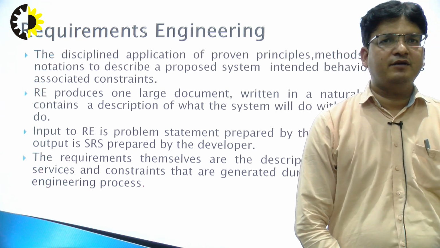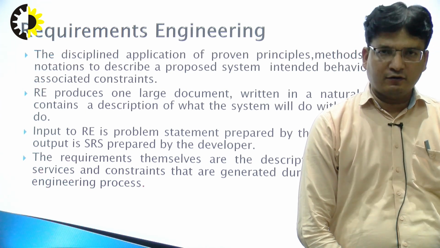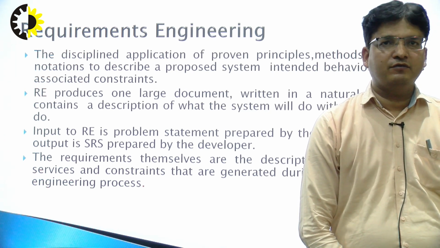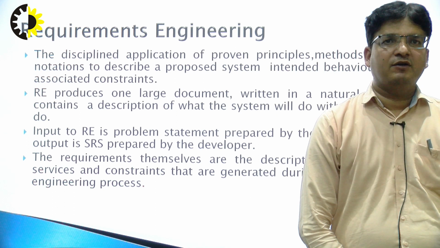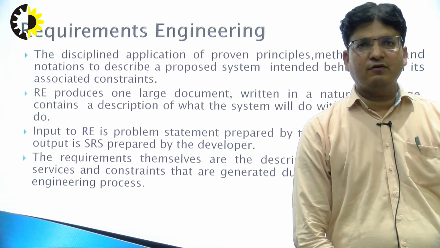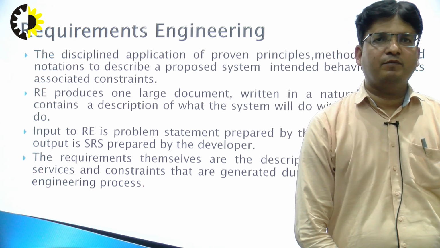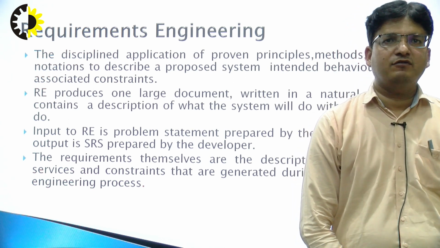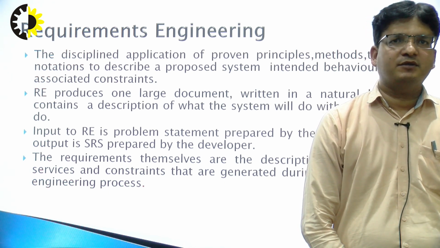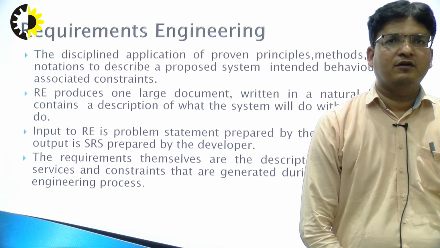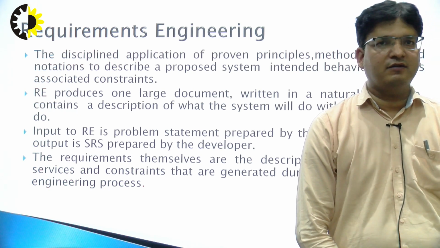Basically, requirement engineering deals with the what part of the system, that is, what the proposed system will do, what the functionalities will be, what the specialities will be, what the details of the system will be, without specifying the how part of the system. That how part is not dealt with, that is, we need not diverge into the technical specifications as to how to implement the things, just